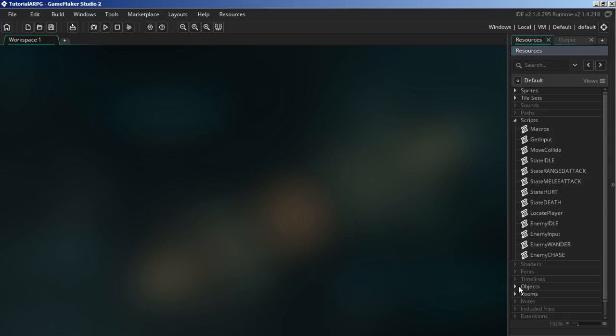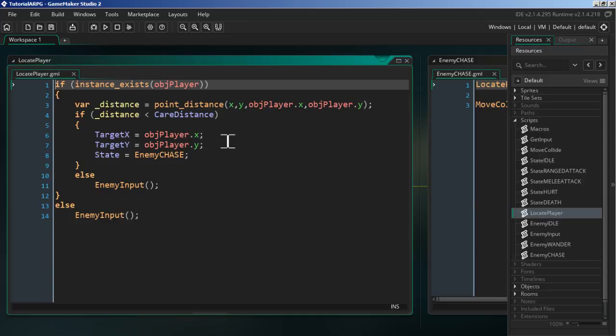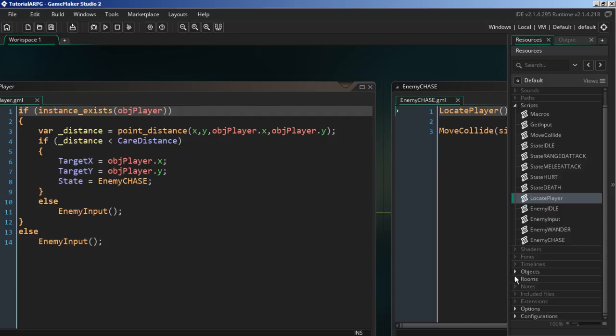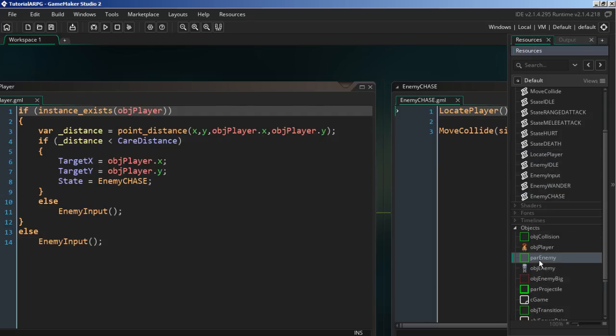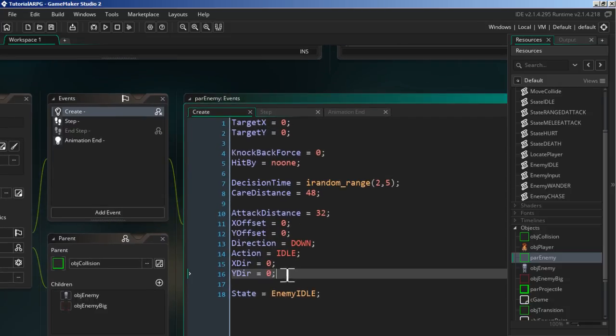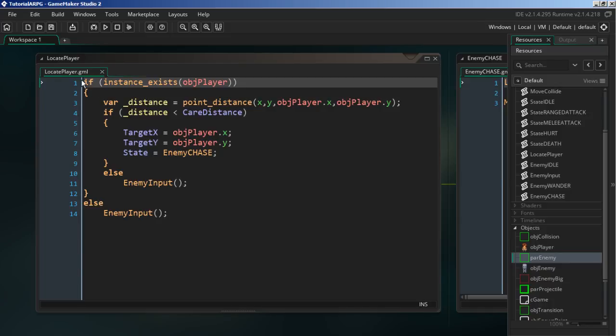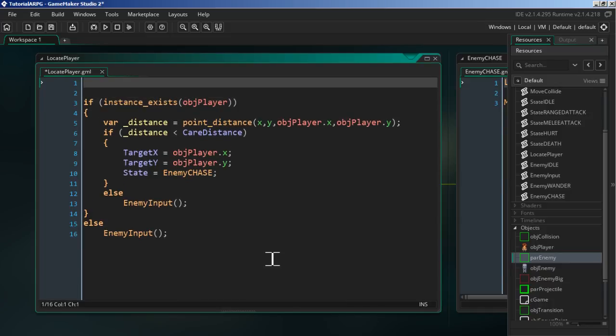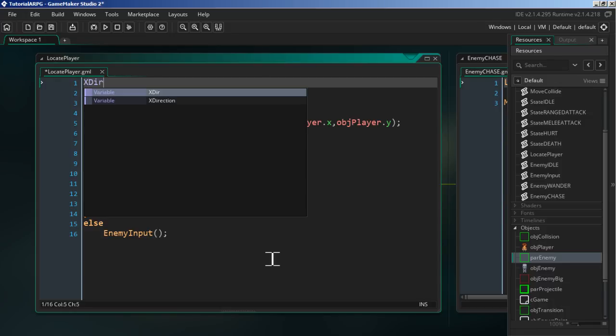And looking at my notes, the first thing that we're going to need is the locate player script. Now here we're going to actually make use of those xdir and ydir variables that we created. So let's have a look again at the parent enemy object here. Here in the create event, we're going to make use of these two variables, the xdir and the ydir. So right up here at the top, we're going to type in xdir equals